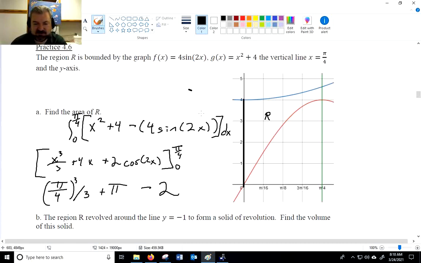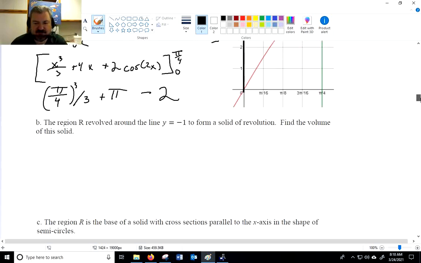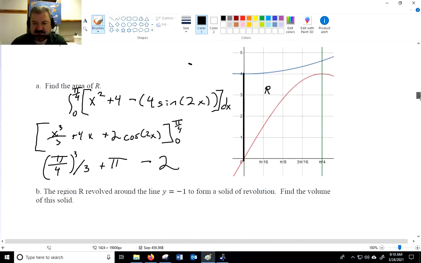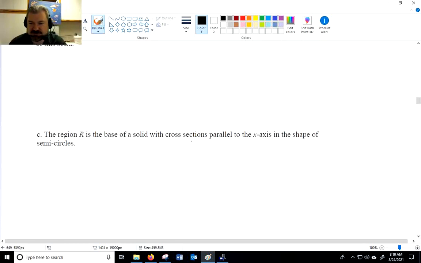And that's our area. Next, the region R is revolved along the line y equals -1. So if we're going to revolve this around the line y equals -1, that's down here, then it's going to be moving in this kind of direction like so. So if I was to draw one representative washer,